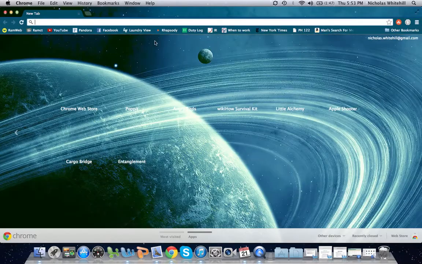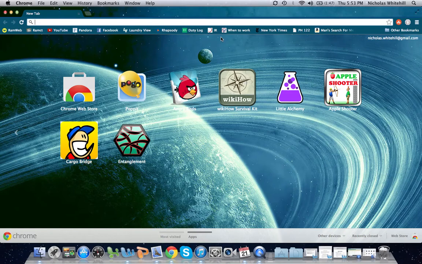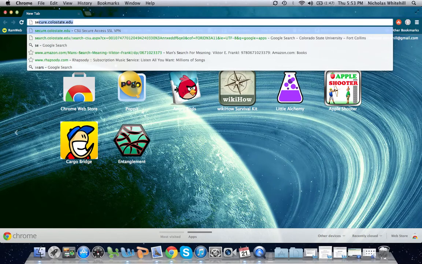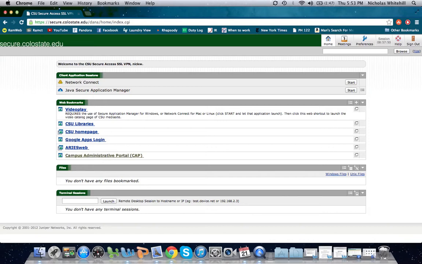So the first step is to open up a web browser. Doesn't matter what kind. Safari, Chrome, Firefox, they all work equally well. So then type in secure.colostate.edu and hit search. Once we're brought to this page, we're going to go to the upper right hand corner here and we're going to type in